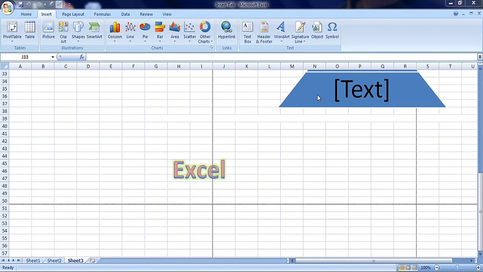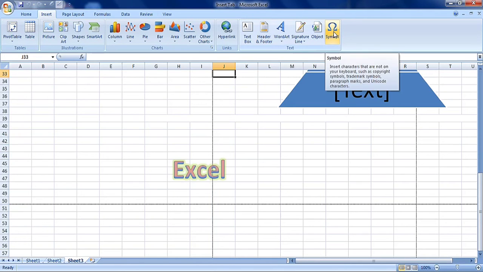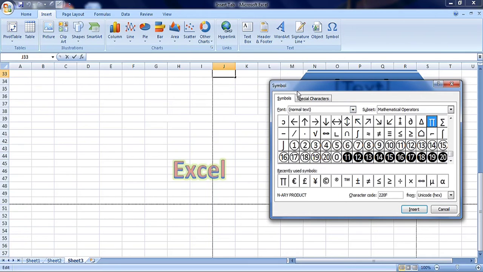Last one, symbol. This command is used to insert symbols which are usually not available on your keyboard. For that, to insert a symbol, click on the symbol button. Then the symbol dialog appears. Under subset, you can select different subsets.